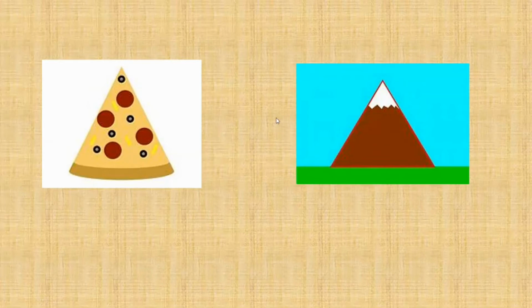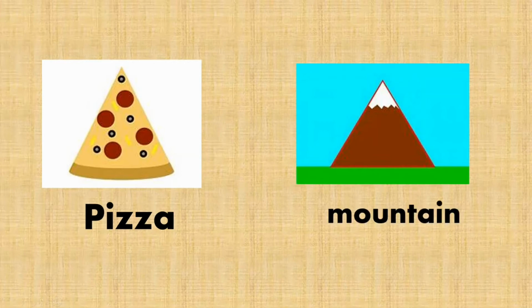Number one is, this one is my favorite. This is pizza. Okay, next one. The brown one, this one is a mountain. Okay, triangle. Example number one is pizza, and we have mountain. Next shape. This one is a